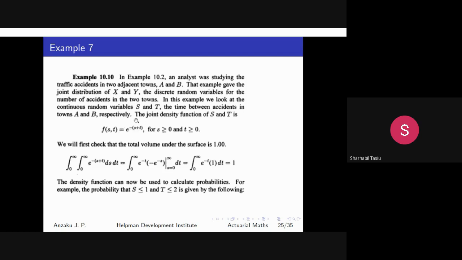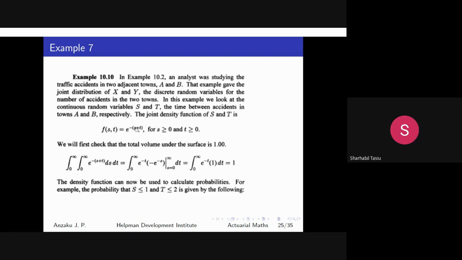Now you remember when we were doing that one, for that case we have e to the power of minus 1 times e to the power of minus 1. That's for the two case. Can you remember, Mrs. Sebu? Yes, we had e to the power of minus 2, right? Yeah. But for this case now, it's over an interval, so they are not discrete. We're multiplying e to the power of minus s times e to the power of minus t for the two of them, which gives us e to the power of negative (s plus t), because the time, the interval, is defined over a particular period, not just one period.